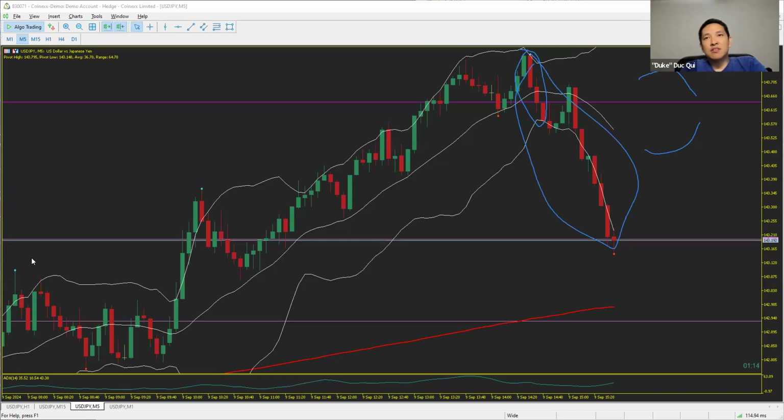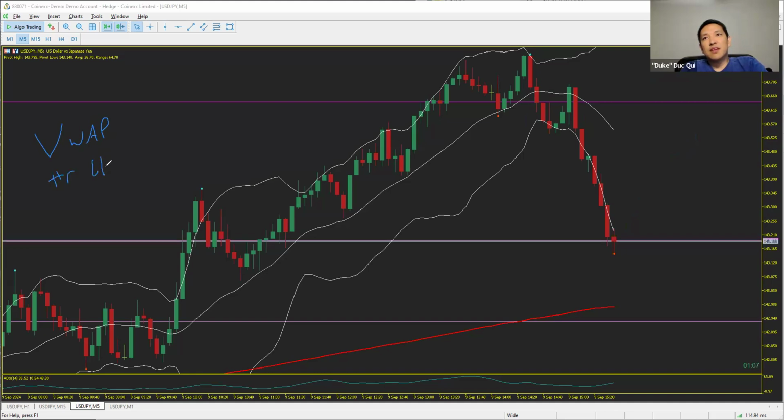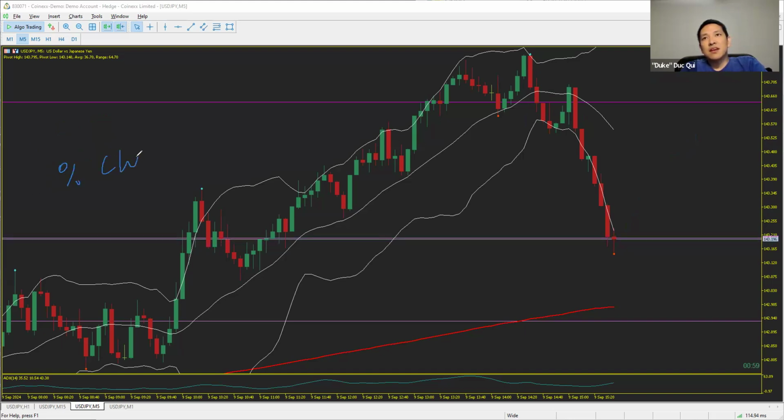That's same in all charts is VWAP and daily change, percent change. Okay, and the next indicator I recommend is Bollinger's, which is going to be different on 15, 5, and 1 minute. Okay, I don't really use it for the hour, but you can also use it there as well,